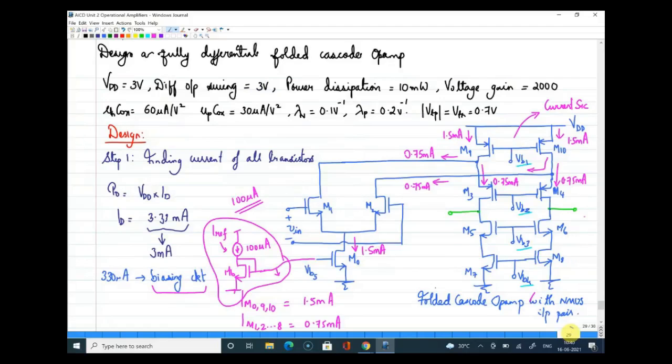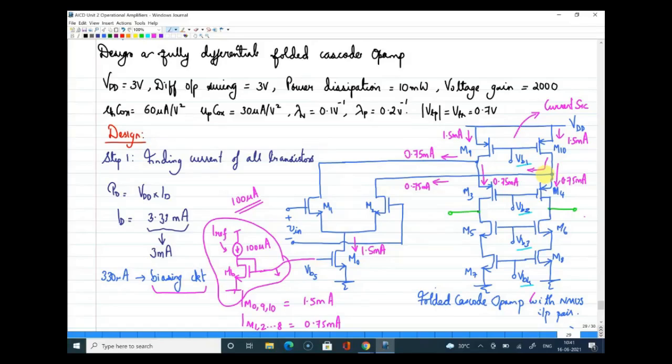What I meant to say was, in the left branch, when you have, for example, M1 and M0, like if we consider only one side of the branch, the overdrive voltage demand of M1 and M0 should be less than the overdrive voltages of the other side, right? Yeah, I got it. Maybe what you're asking is, if I assign the entire 1.5 to the cascode branch, how we will take care of the overdrive of the input transistor pair. Is that your question? Yes, sir.